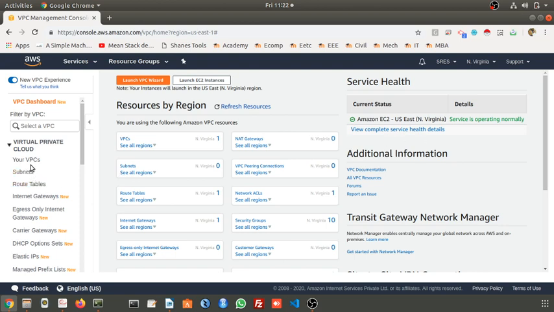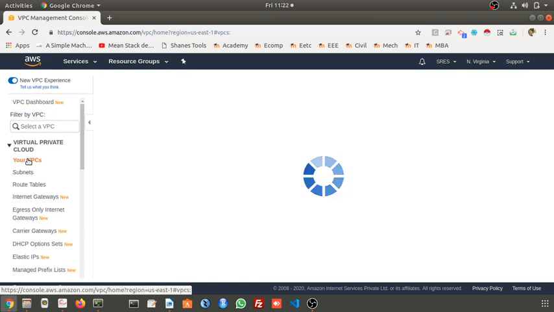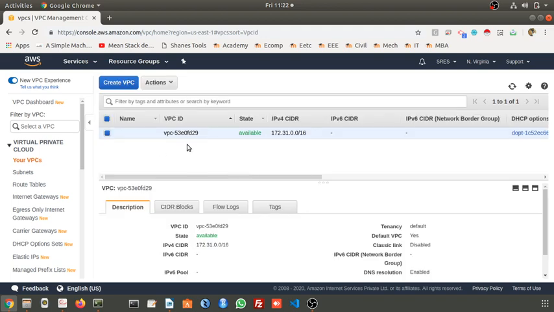So we need to create the VPC. Where to go? Click on this first, Your VPCs. If any VPC is already created, that will be listed here. This is the default VPC. For each and every account, a default VPC will be created in each and every zone. I want to have my own VPC for Infosys, meaning I'm going to create one network architecture for Infosys.